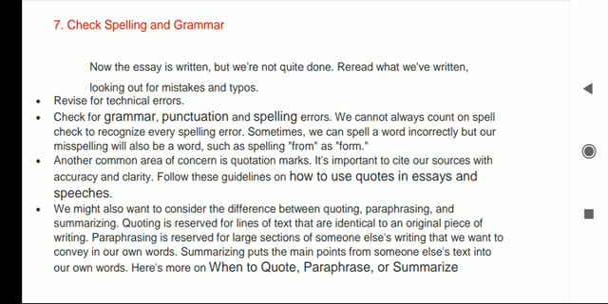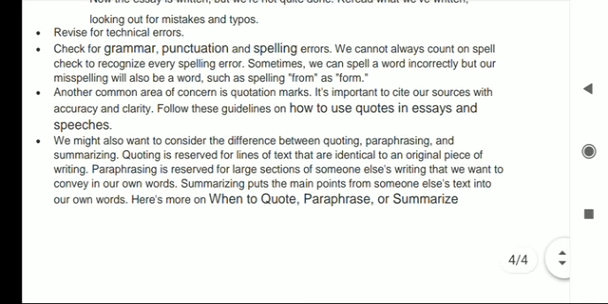Sometimes we can spell a word incorrectly, but our misspelling will also be a word, such as spelling from as form. Another common area of concern is quotation marks. It's important to cite our sources with accuracy and clarity. Follow these guidelines on how to use quotes in essays and speeches. We might also want to consider the difference between quoting, paraphrasing, and summarizing. Quoting is reserved for lines of text that are identical to an